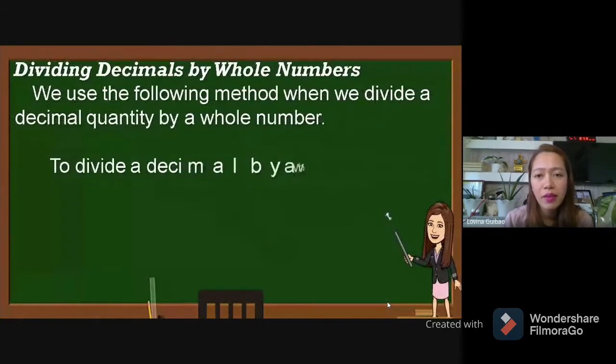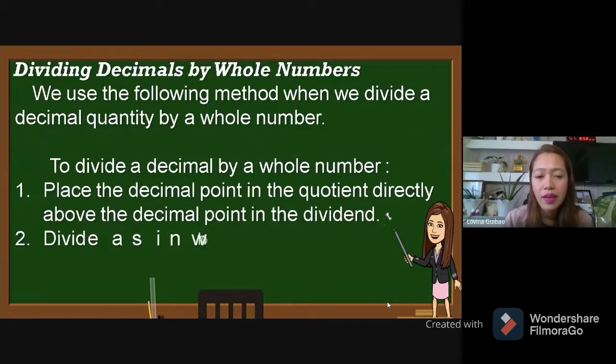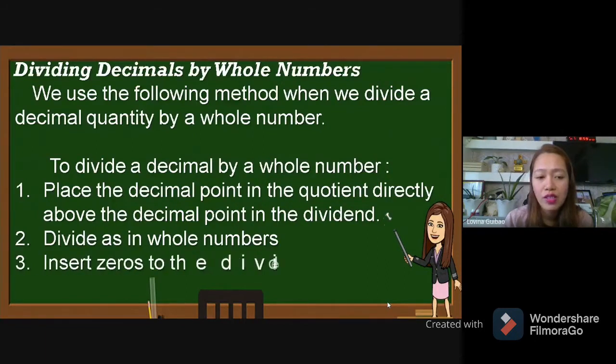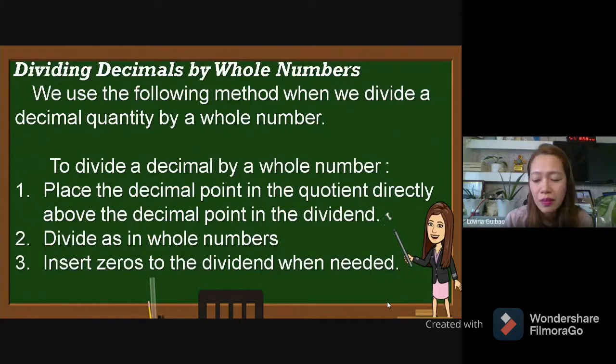Dividing the decimals by whole numbers. We use the following method when we divide a decimal quantity by a whole number. To divide a decimal by a whole number, una, place the decimal point in the quotient directly above the decimal point in the dividend. Pangalawa, divide as in whole numbers. Pangatlo, insert zeros to the dividend when needed. Para mas maunawaan, tingnan natin ang